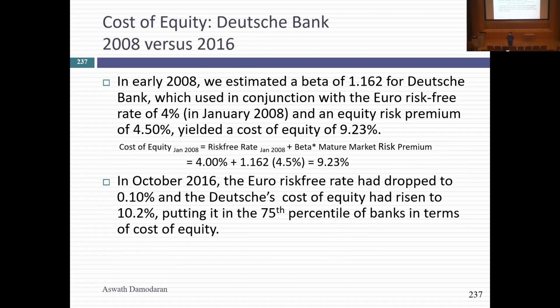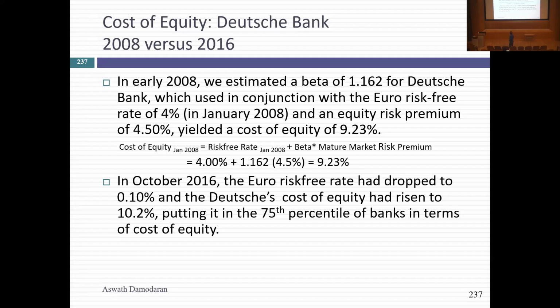So I'm going to add a few things about discount rates as we go through, where I will revisit numbers we've already used, but then I'll talk about what you might do differently in valuation that you don't see in traditional capital. I'm going to value Deutsche with both the dividend discount model in 2008, and then again with a free cash flow to equity model in 2016. They're both equity valuation models, so I need a cost of equity. In 2008, the cost of equity for Deutsche was 9.23%. Risk-free rate of 4%, risk premium of 4.5%. Pre-2008 crisis, much higher risk-free rates, low risk premium, cost of equity of 9.23%.